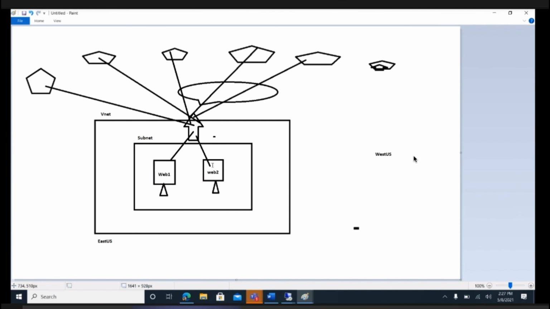And if you want that only users within your organization are able to access this application, not external users, then you can create an internal load balancer, and you should have some kind of VPN connectivity, so your users will be able to access these services via the internal load balancer. Any query?